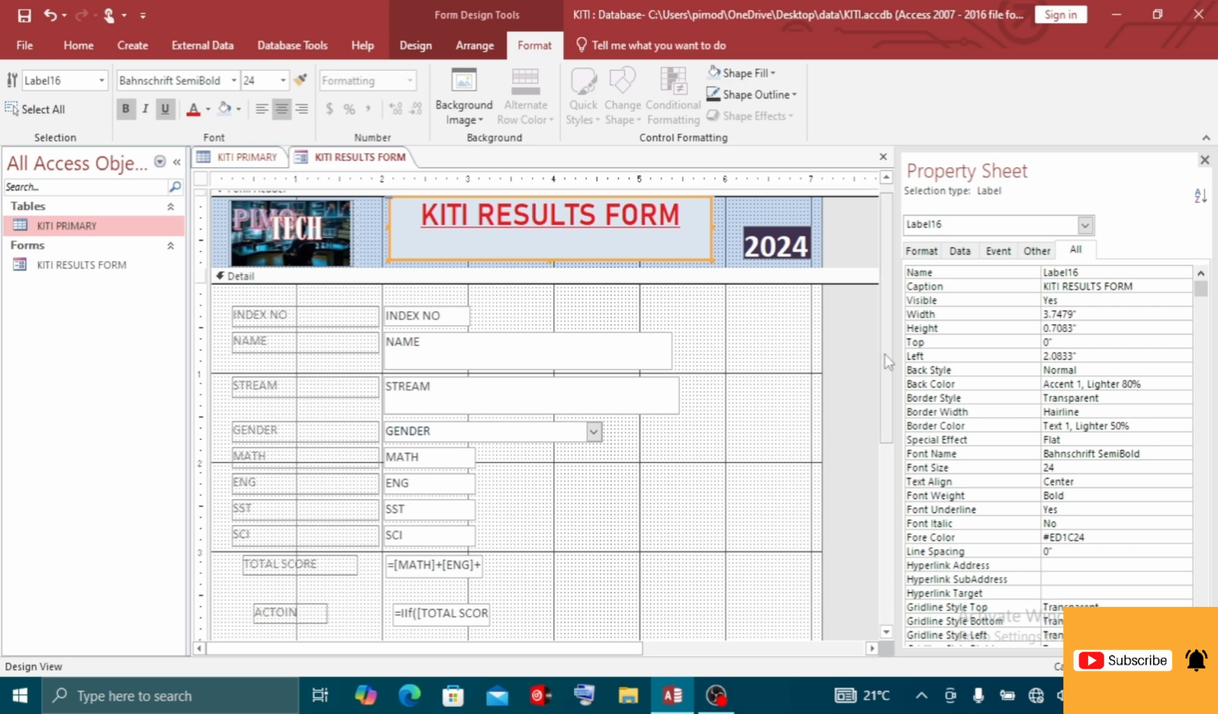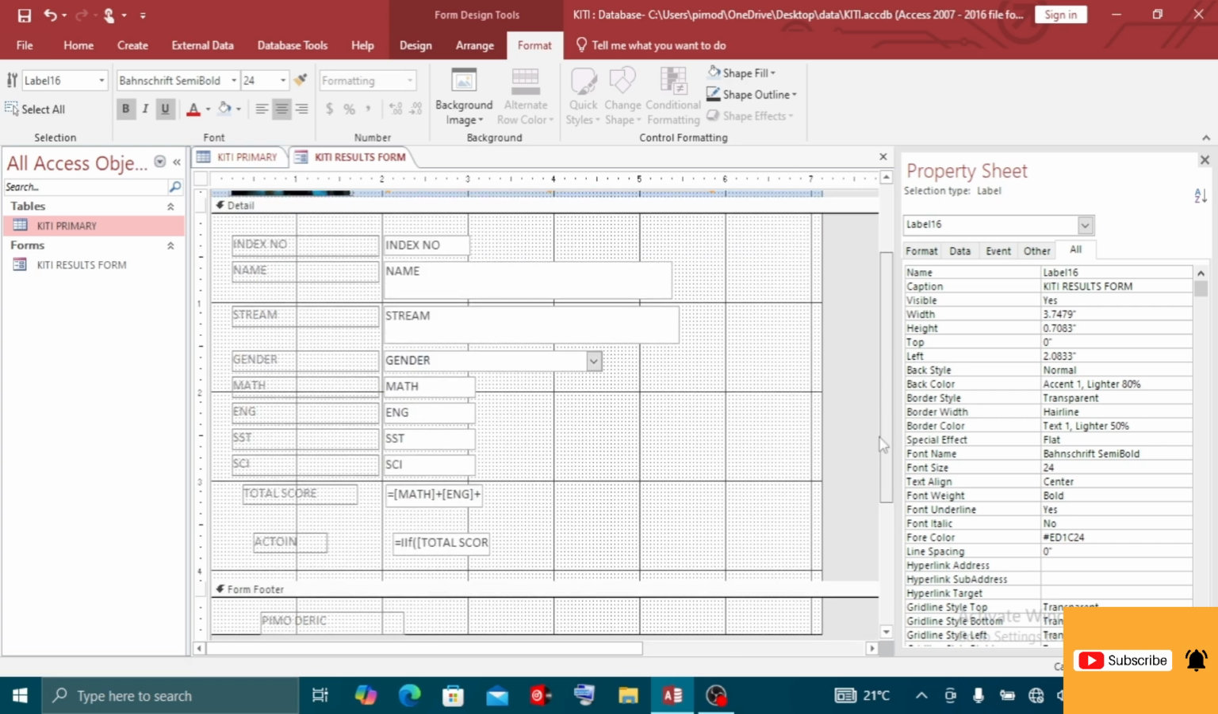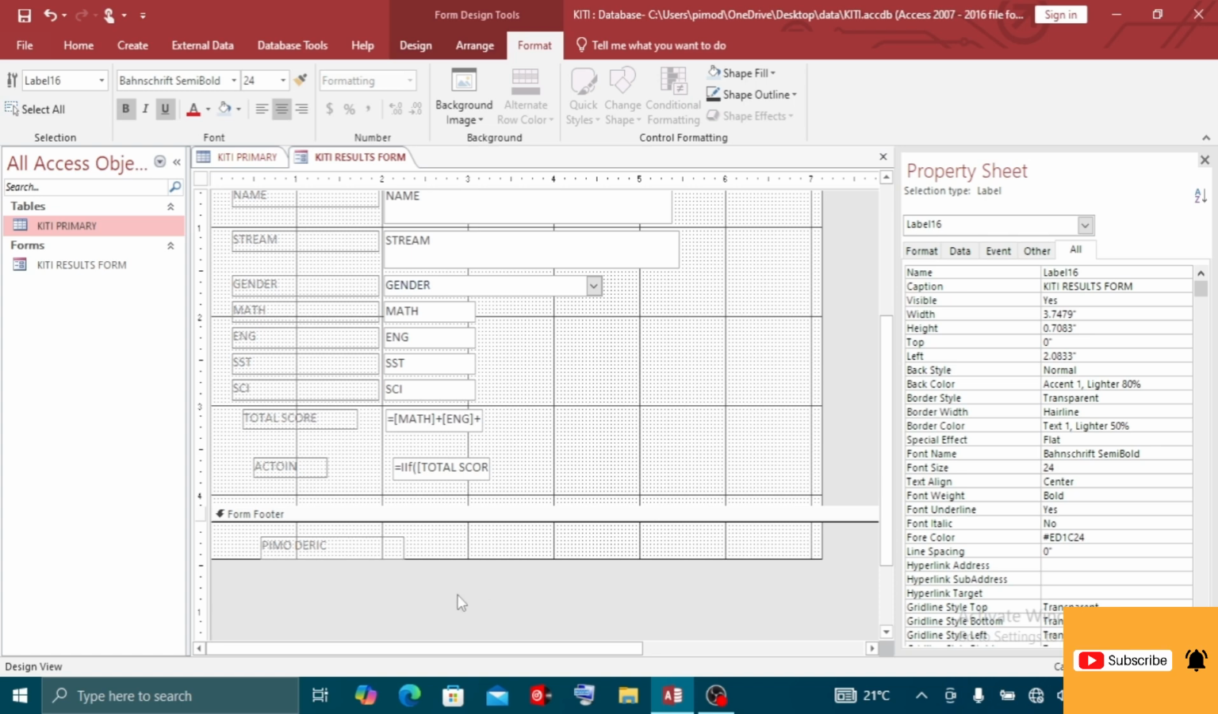So from there, you can come back even below here and you format the header. You select